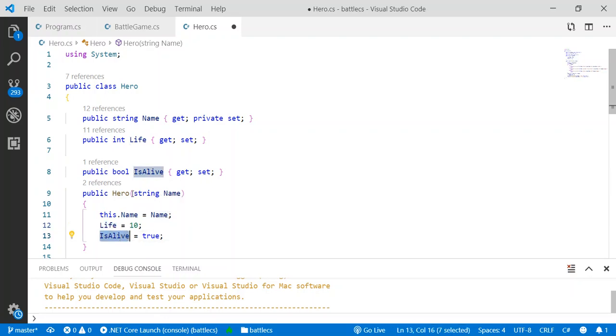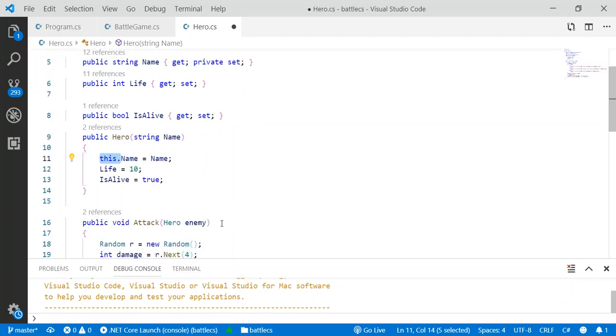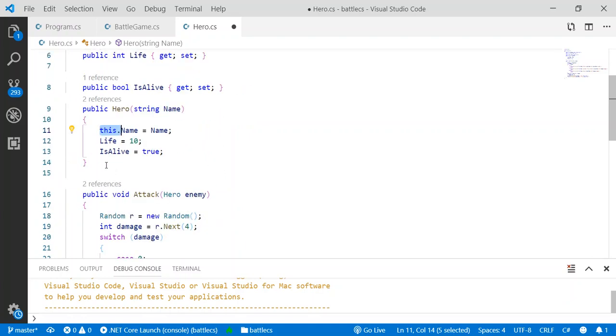But if we have a parameter name same with the property name, then we have to use this keyword. Okay, what happened here is each time you create a new hero, I'll set this hero's is alive equals to true,